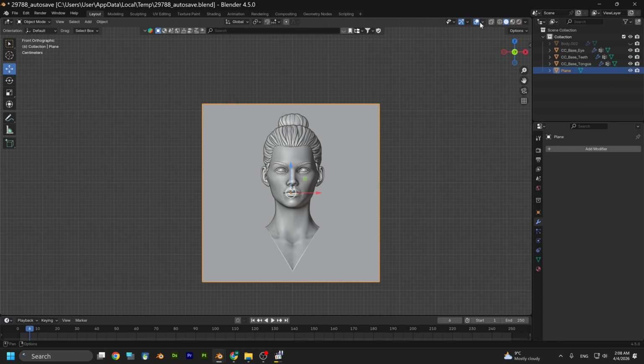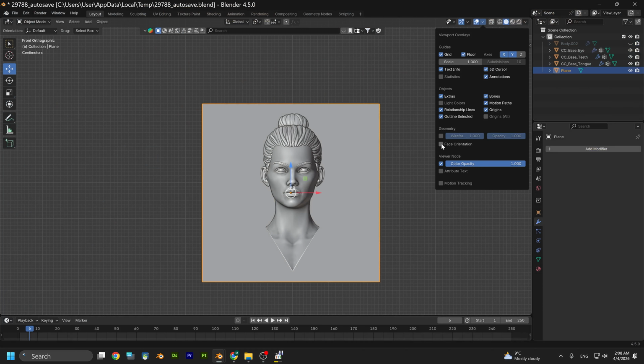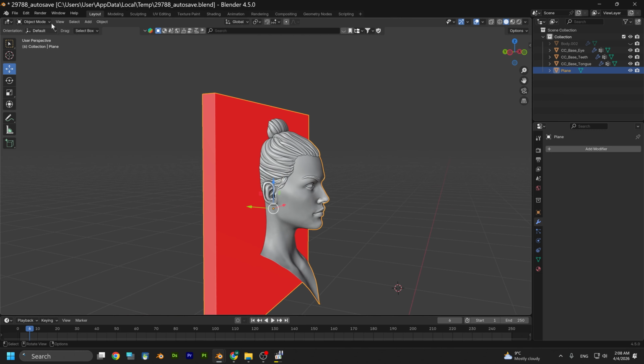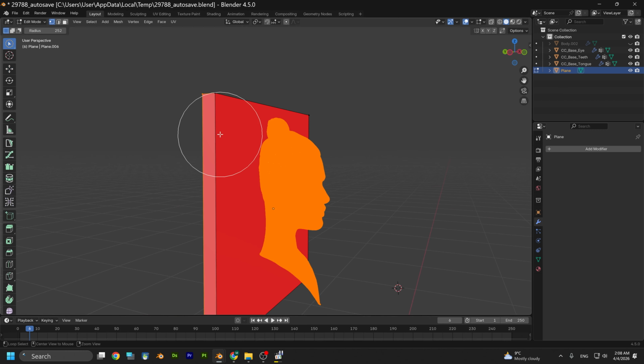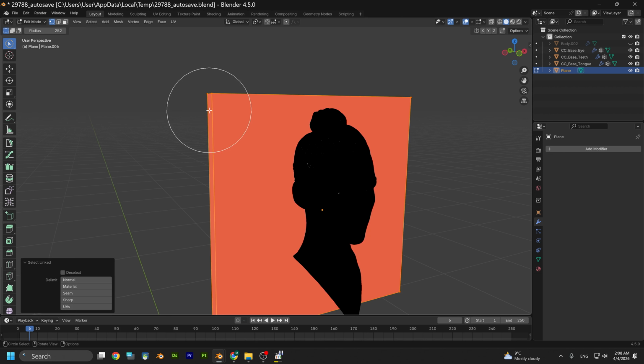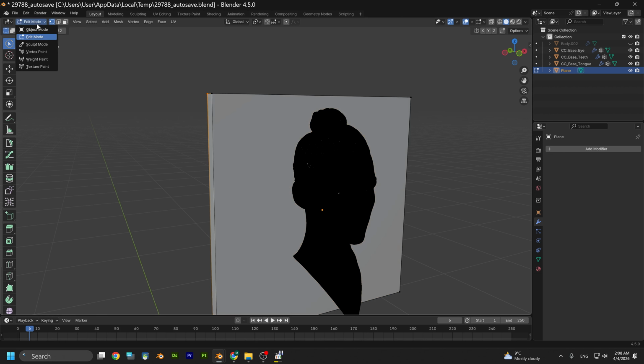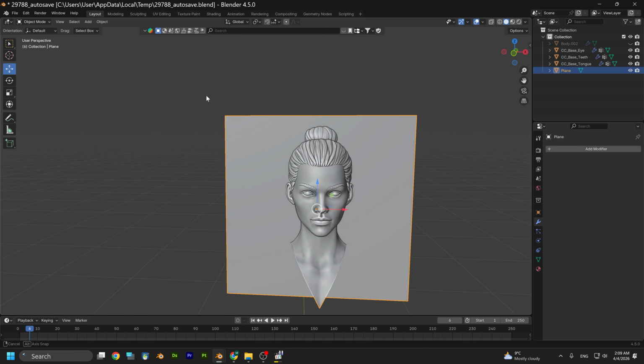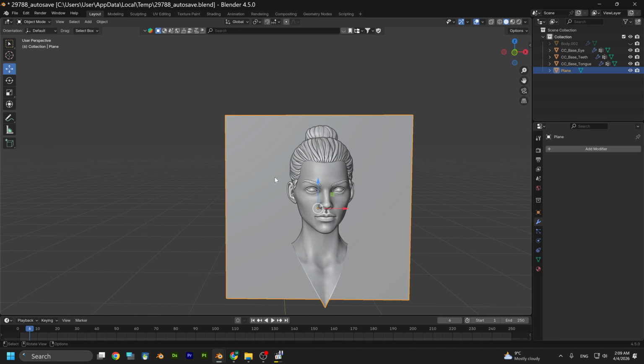And first let me check. I want to see the face orientation, how I was thinking. My plane, it's upside down. So let's select this and press Shift N to turn back the faces, turn back the normal. So yeah, let's